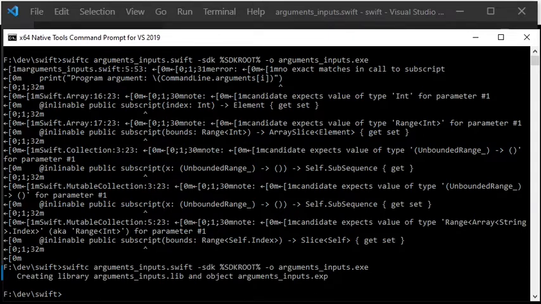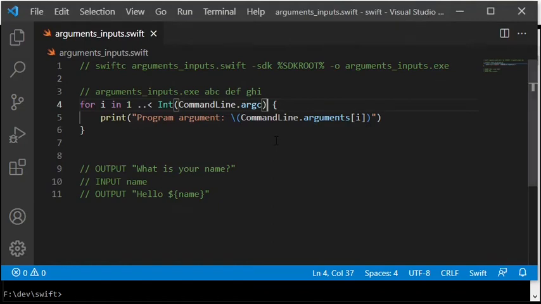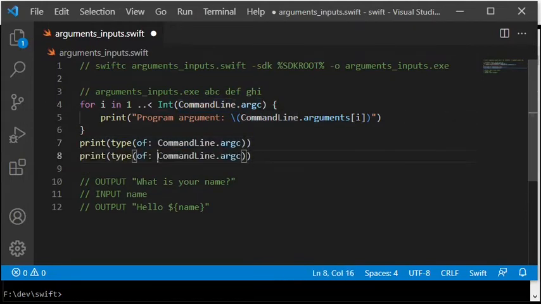Now I will also add some code that shows the type of the variable CommandLine.argc when it is not converted to an Int. I print the type to the screen by using the function type, which takes an argument named of for the variable you want to check the type of.